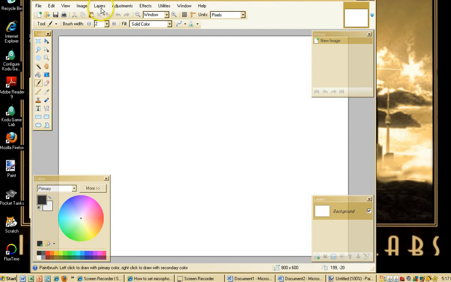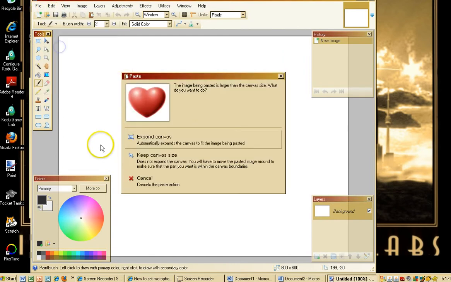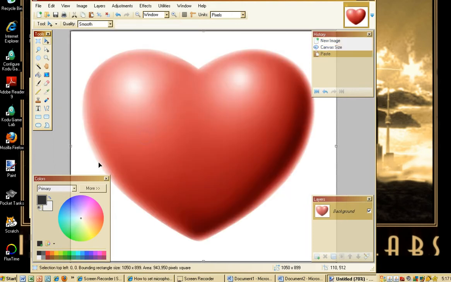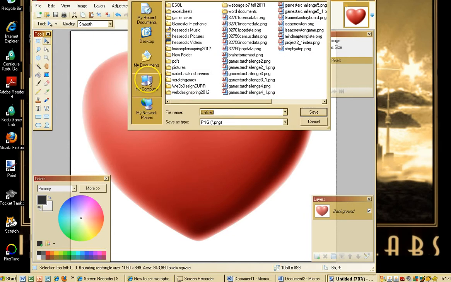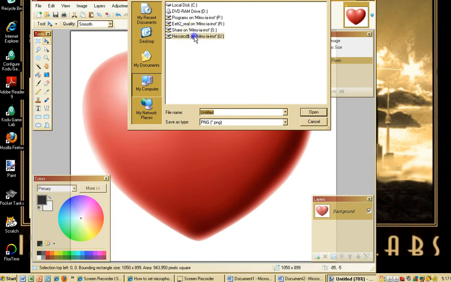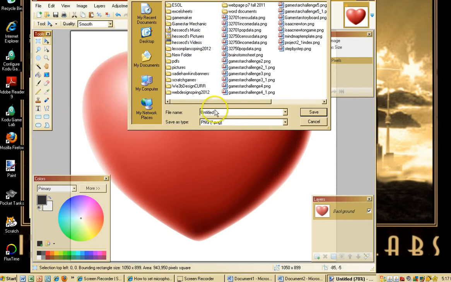So now that we have paint.net open, you're going to click on Edit and Paste, and it'll ask if you want to expand your canvas or keep it the same size, and we'll say Expand. And your heart now is pasted into your canvas, and we're going to save it as a JPEG. So you go File, Save As. You would click on My Computer, U Drive. This way it goes to your personal folder, and name it